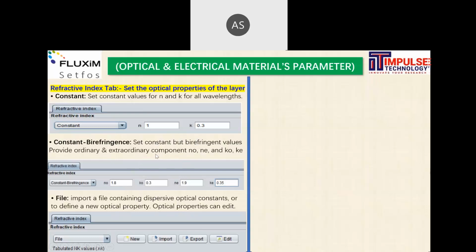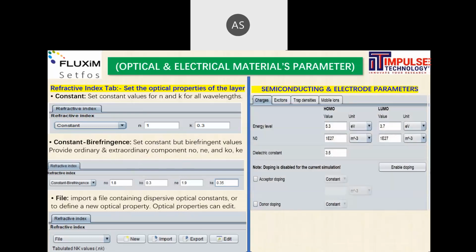Creating wavelength-dependent parameters or material-dependent constant parameters, optical refractive NK data, you can simply put in the user interface. Along with the optical data, you should also have the capability to define the electrical parameters, semiconducting parameters, and electrode parameters. There is a semiconducting user interface where you can simply put the charge, energy levels, HOMO-LUMO, density of states value, dielectric constant, and acceptor and donor doping with particular concentrations that you can activate and enable.